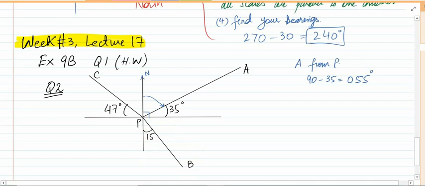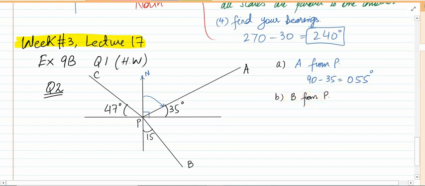First, I hope that all of you had tried it by yourself and you have done your question number 1, right? It was an easy question and we have done 3-4 examples in last class similar to question number 1. Now question number 2, part A, we had done already, right? Its answer is 0.55. Starting from part B. Now part B is find the bearing of B